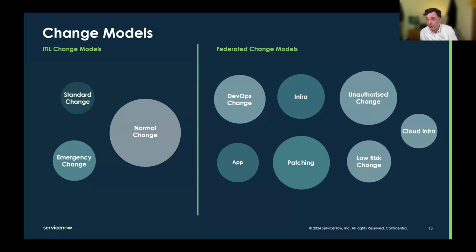That's one of the cool things about models. With normal change, you have to give someone a normal change and then throw that big old form at them, and then you have to give them guidance about what they're meant to fill in and what they're not meant to fill in and how the process will work for them. Whereas if you have a model, you can tailor specifically and say, okay, you're going to go to this model because you're one of the infra teams, and you're not going to be able to open those changes because you're one of the infra teams. Why would you be opening that change?